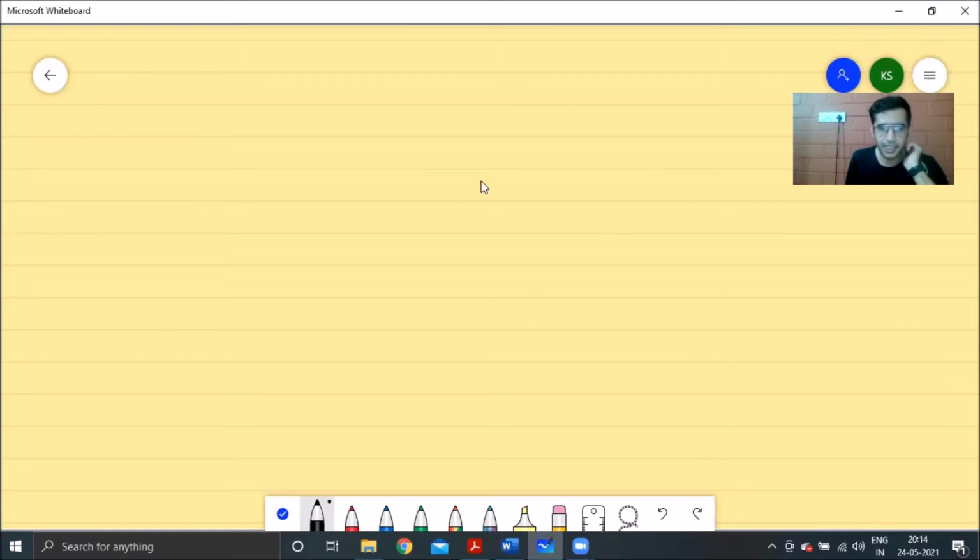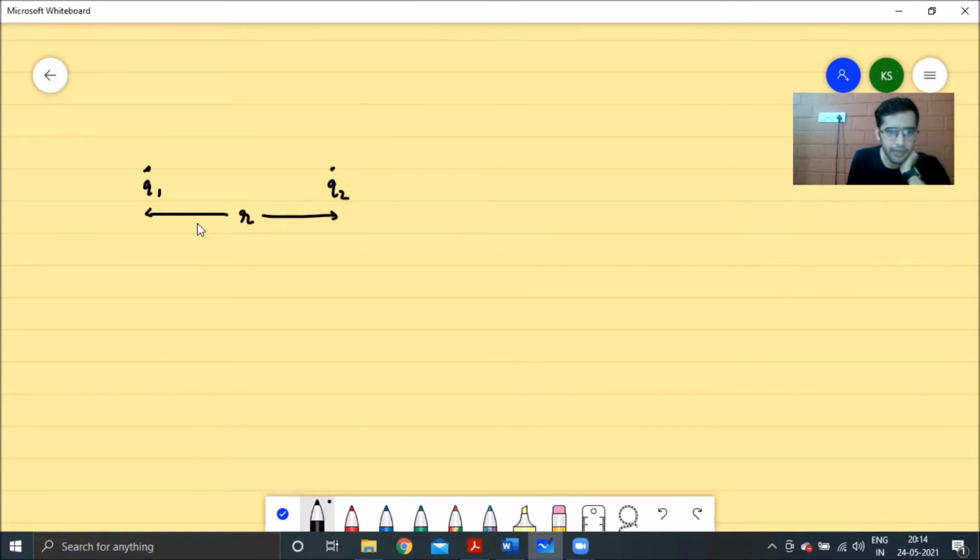So essentially the case we're dealing with over here is if you have two charges Q1 and Q2 separated by a distance R, right? And now if the region in between these two charges is completely occupied by some medium, so let's say we have a uniform medium over here, and let's assume that the dielectric constant of this medium is K, right? So we know what the force acting between these two charges will be.